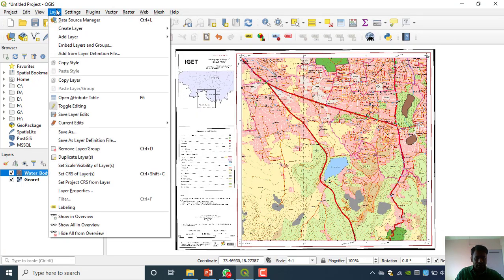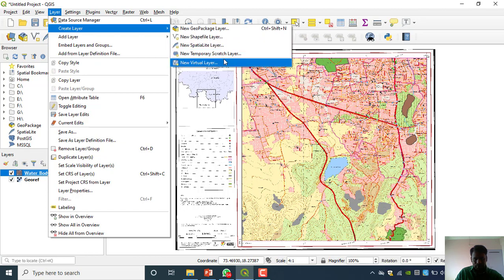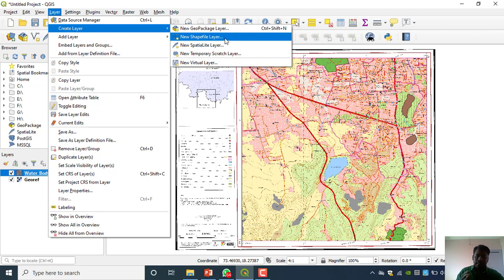Another thing I will tell here: this one, GeoPackage, SpatiaLite, and this other one, virtual layer. These are also different datasets which we can open here, or which we can generate on QGIS, anywhere on our platform. In different GIS software, these support different types of files. Here it is supporting shapefile also and GeoPackage also. We have to just read the theory. Suppose you want that theory, I can provide it. Just drop me a message on WhatsApp.